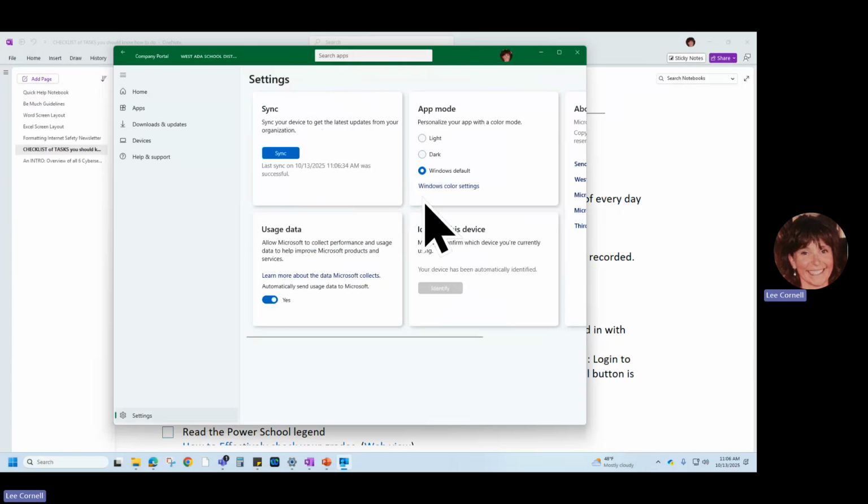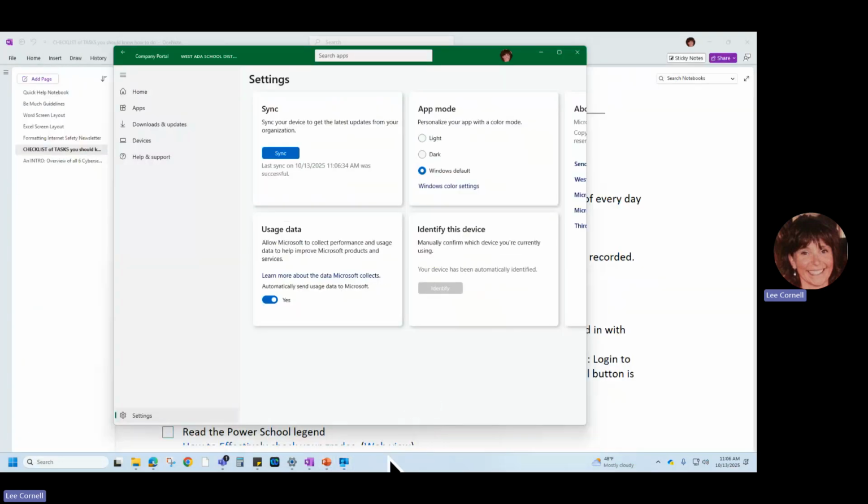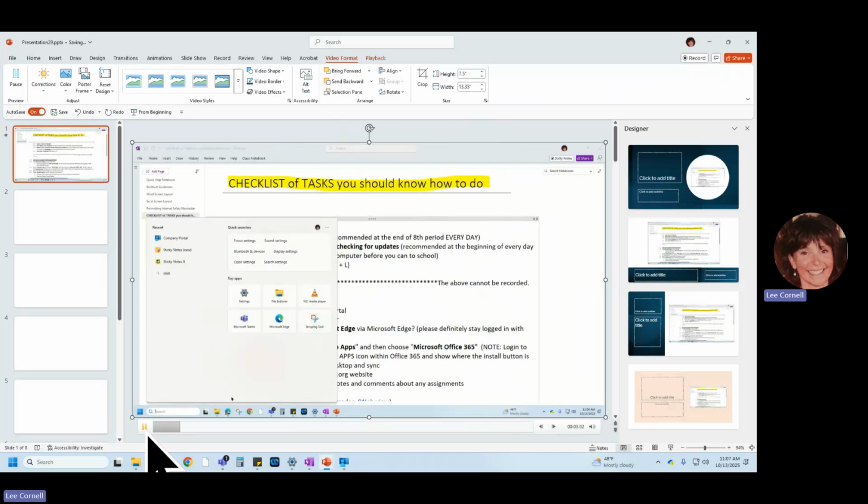And now if you want to see what you did, you can go to the bottom, the PowerPoint. I have 3 of them open. This one on the very right is the one I just did. And if you don't believe me that it's a recording, you can press play and I go to my search bar. Now, I'm going to throw this in for my advanced students. If you recorded too long,